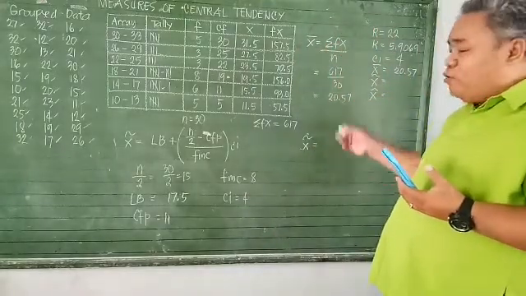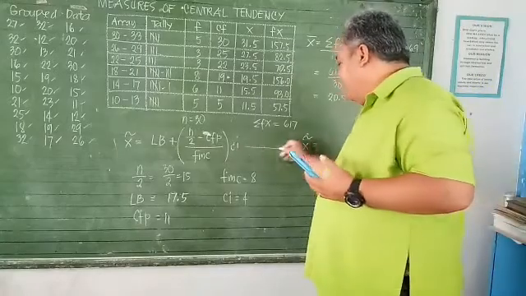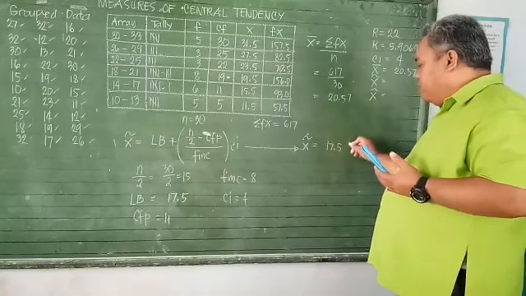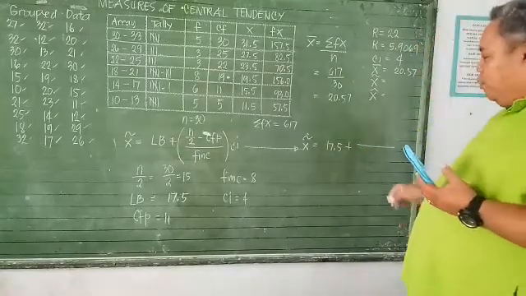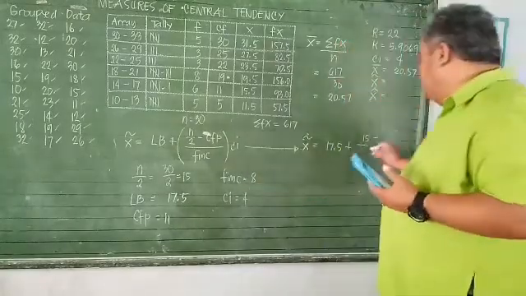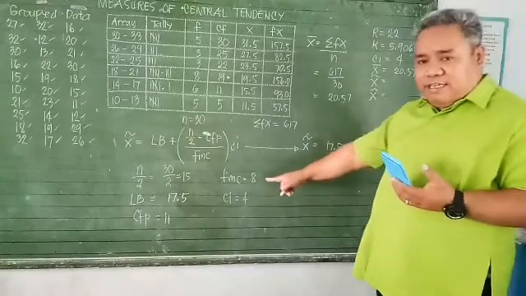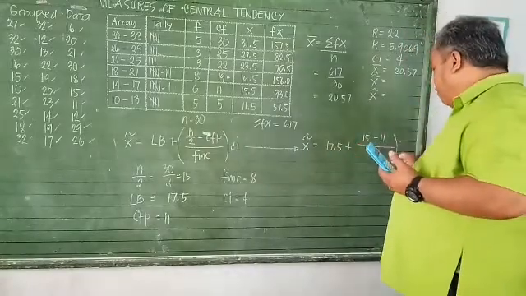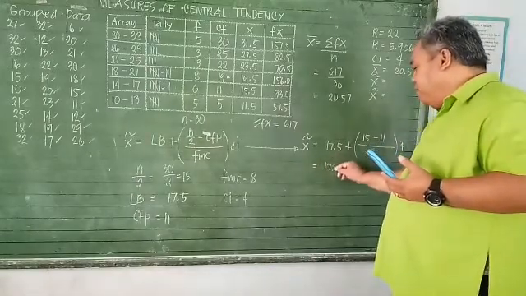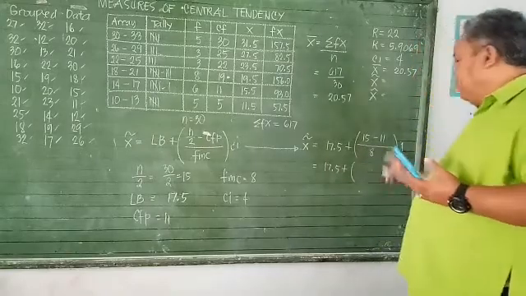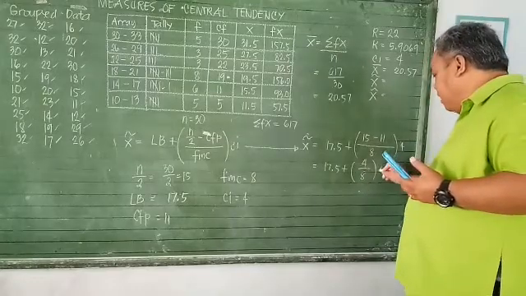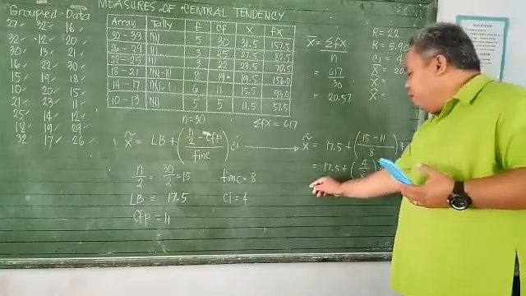After that, we're going to substitute this value to the original formula. So yan. Your LB is 17.5 plus your n over 2, that's 15. Your cumulative frequency precedence is 11. And your frequency of the median class, that is 8. And of course, your CI, that is 4. Okay, so this will be 17.5 plus 15 minus 11, that will give you 4 over 8. And then times 4. So, i-multiply nyo yung 4 doon, will give you 17.5